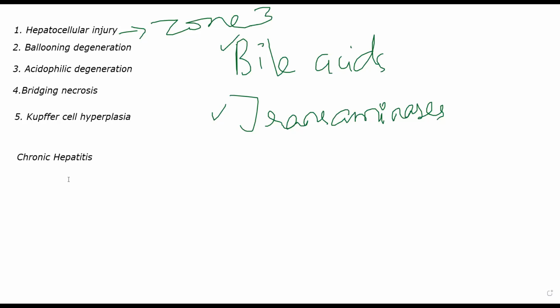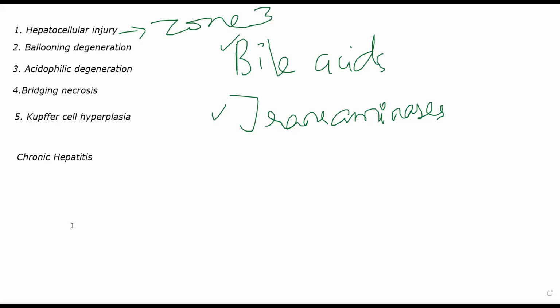In certain cases, chronic hepatitis can also occur because of autoimmune conditions. Autoimmune condition as in the patient's immune system is attacking their own liver, and that is creating damage, and if that damage keeps on prolonging, eventually the patient will develop chronic hepatitis.